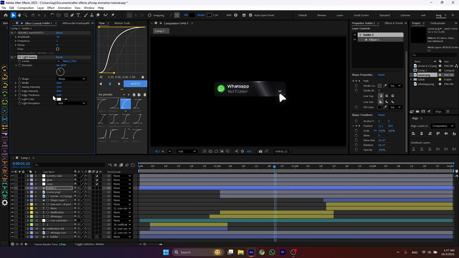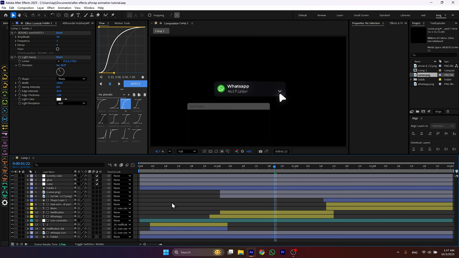Play with these settings to get the desired look. Once that's done, your whole animation is completed. And that's how you can create a minimalistic UI animation.